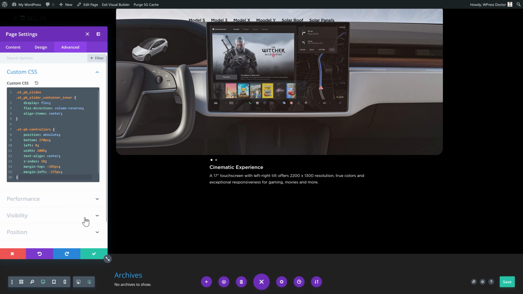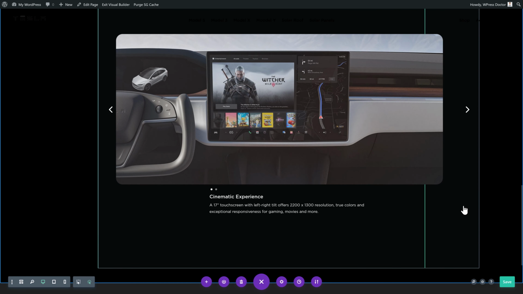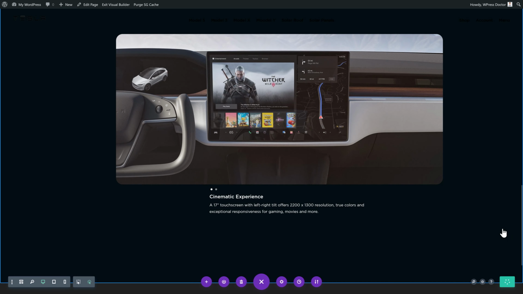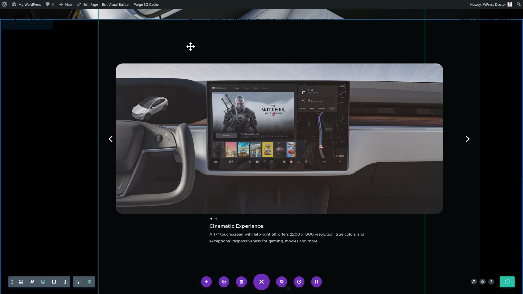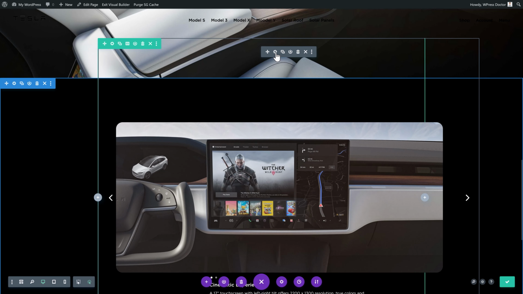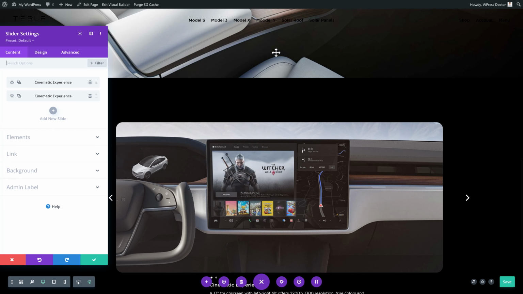So we're just going to paste in a little bit of CSS code, and it is not that nice of a fix, I know, but it does work, however. So let's create this slider, and you see that the Divi Builder is now one mess, so there has to be a better way. Let me know if you found one, because I know it is there.